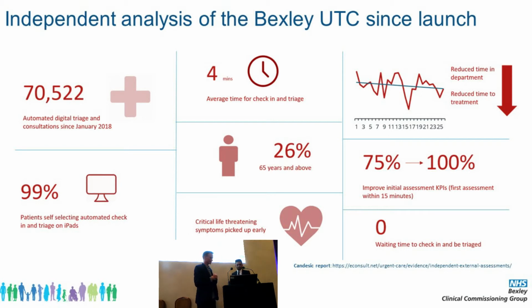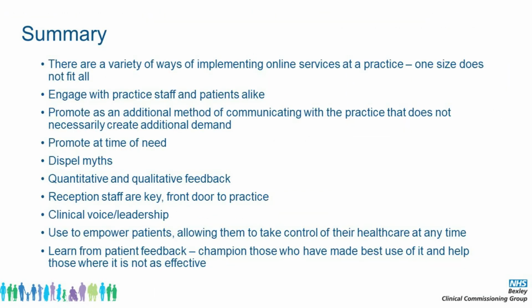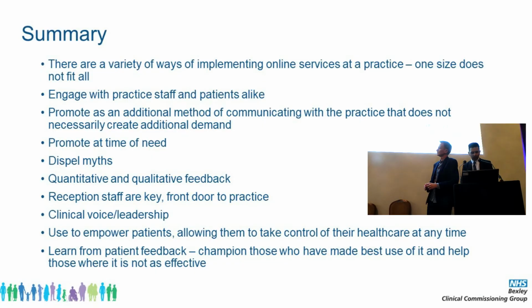So, last slide for a second. Just to summarise the stuff that we've gone through. In terms of implementation, we identified that there are a variety of ways of implementing it. It's not one size fits all. We worked with engagement with patients and practices alike, making sure that we work with them, but also with all practice staff. So it isn't just about the clinical buy-in; it's also about getting buy-in from the rest of the practice